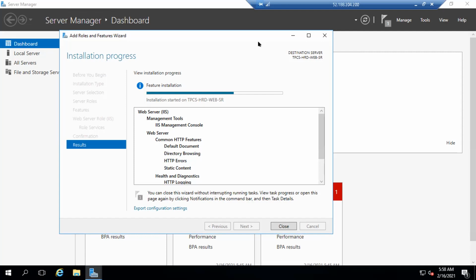So usually in a real-time scenario, what type of work will an Azure admin do? You get a ticket from a department saying that I need this server because I have to install this application. So they give you the configuration: I need this much GB RAM, this much storage, and so on.